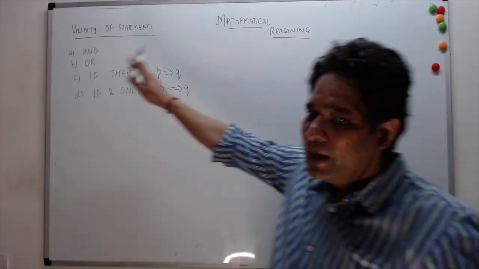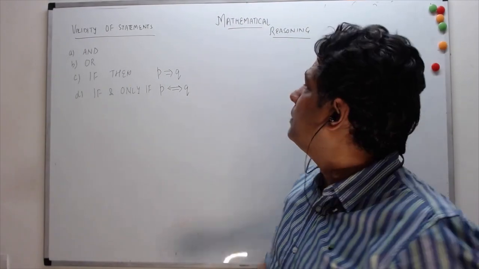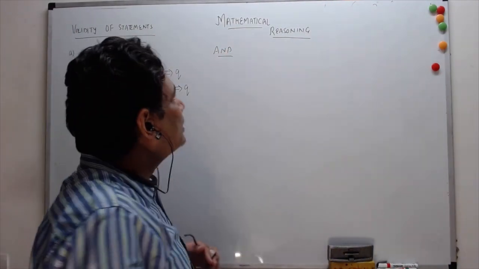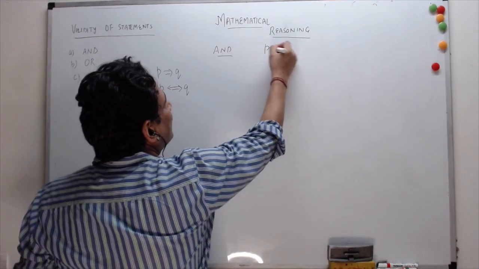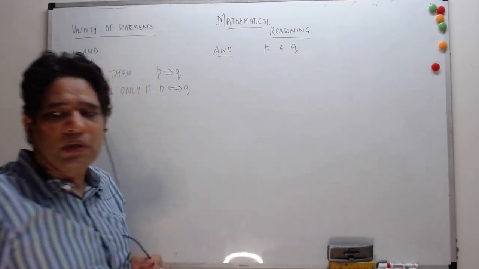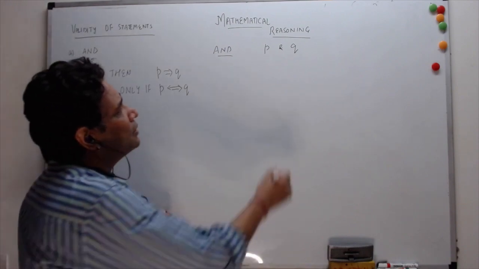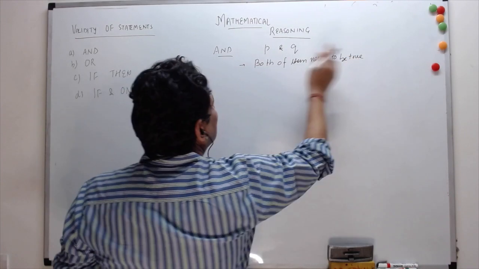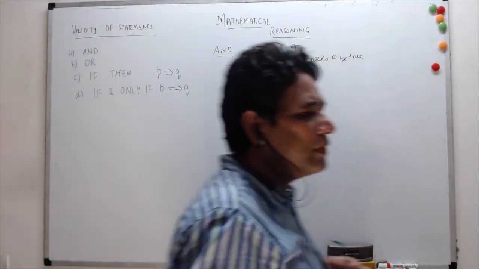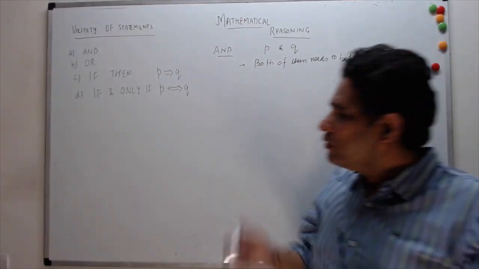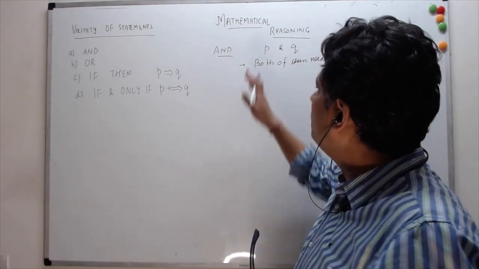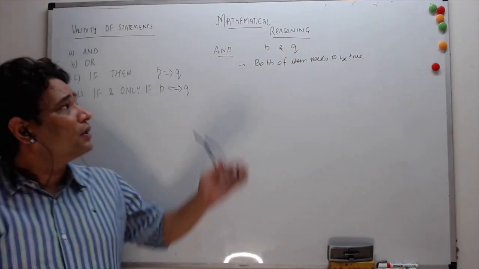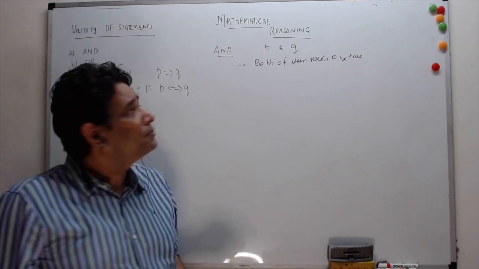As far as AND statements are concerned, we touched upon the validity of AND statements as well. We said that there could be two clauses, P and Q. When we are talking about the validity of this, both of them need to be true. That's simple enough. If something AND something is given, then for that statement to be true, we need to have both of them individually true. Only then can the compound statement be considered true.